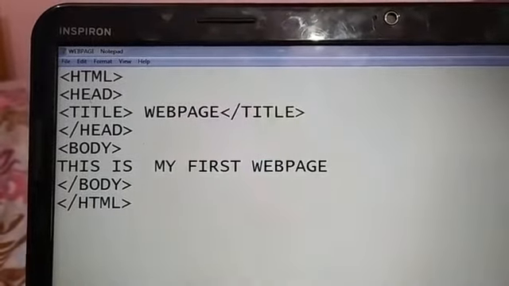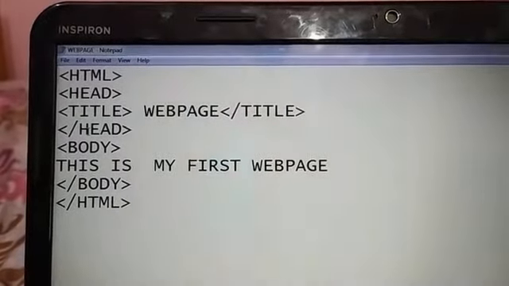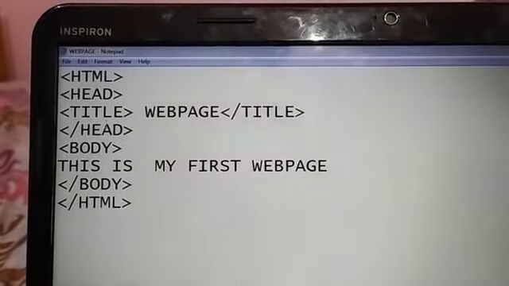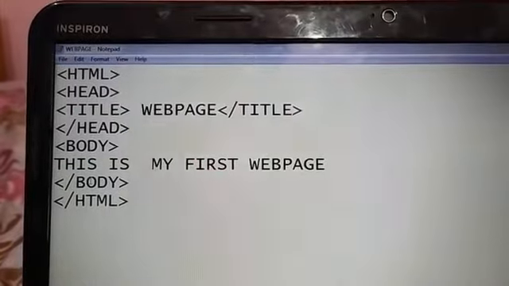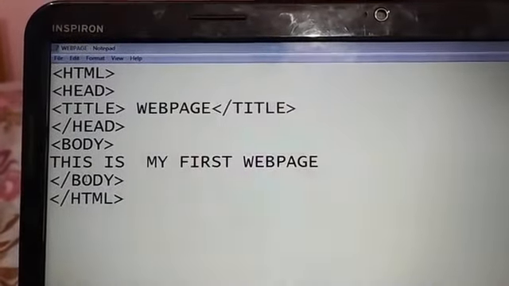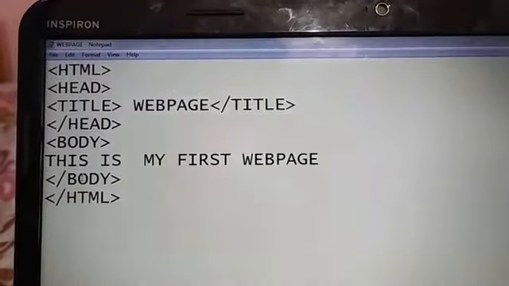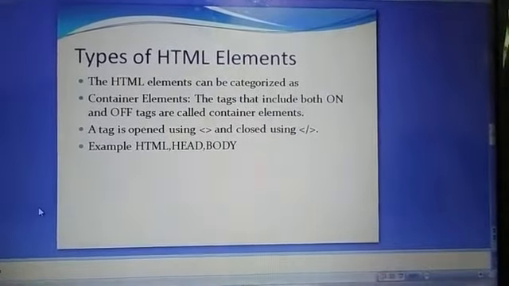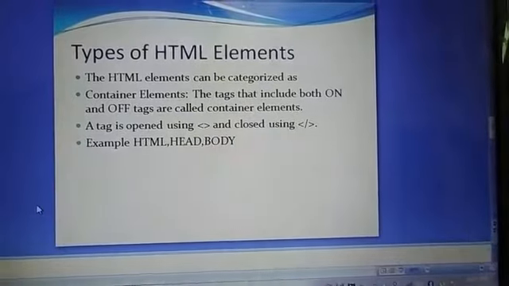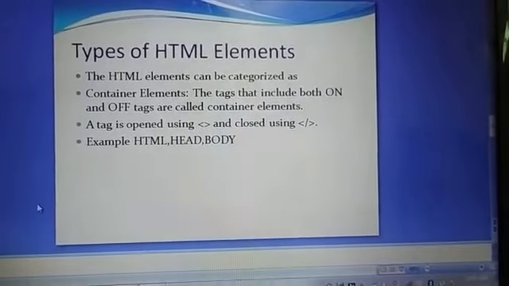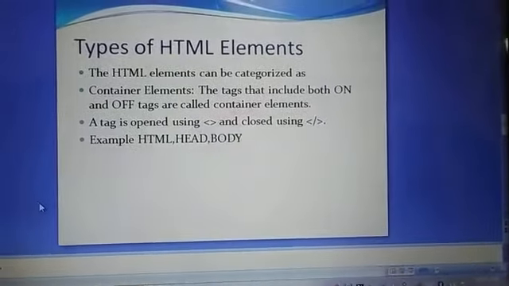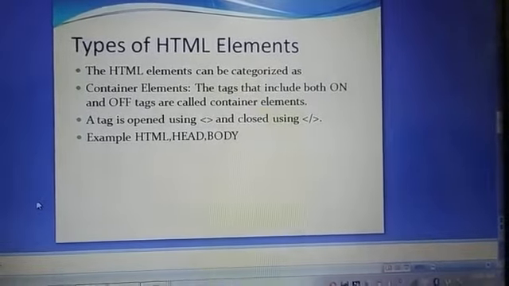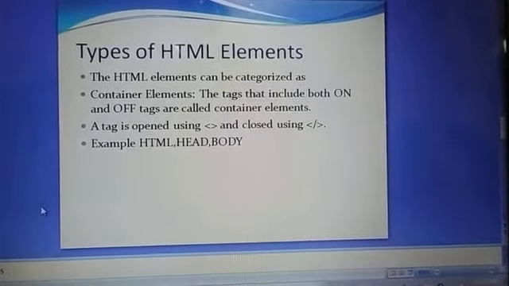Head, starting tag and closing tag, that is on, this is off. Body same way, on and off. So these are the examples of container elements or container tags. Now a tag is opened using an angle bracket and closed using a slash and angle bracket. Examples of container elements are HTML, head and body.